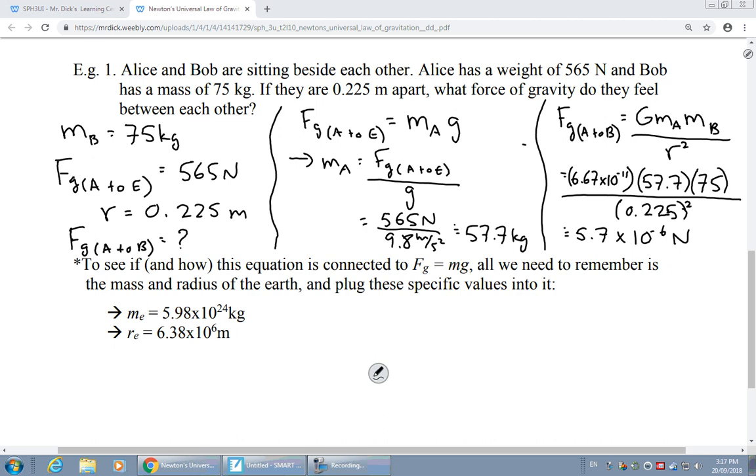There are very detailed experiments that can be done when you can eliminate all of the other forces that affect these things and allow them to move very freely. Even these small amounts of force will cause any object to attract any other object with mass. So of course, for a question like that, you'd still want a final therefore statement that says, therefore, the total amount of force felt between Alice and Bob is the 5.7 times 10 to the minus 6 newtons. But I'm going to leave that for you to write in.